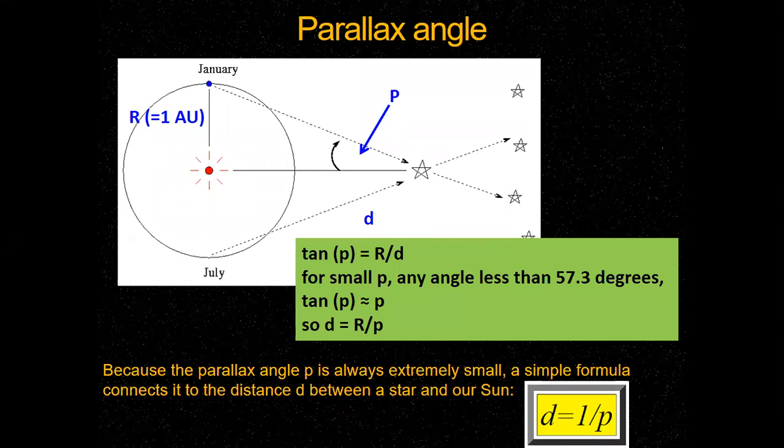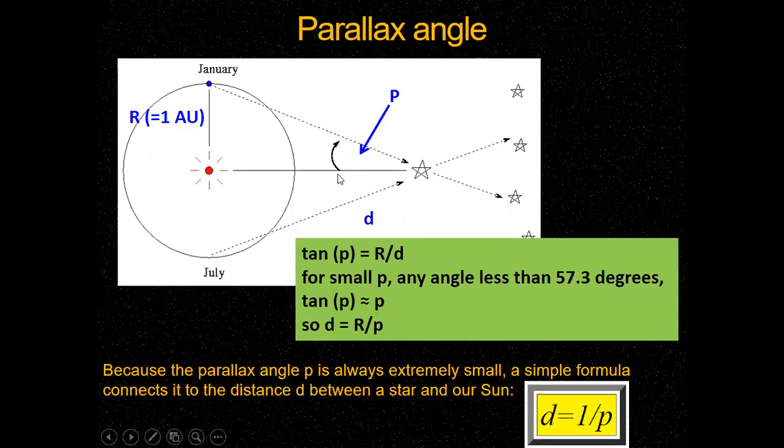Okay, now we need to calculate the parallax angle or the distance. You can simply do that using a simple equation like this one, D equals 1 over P. Let's understand what P and D are, so let's understand the picture here. That's the Earth in January, and that's the sun. You know the distance from the sun to the Earth is 1 astronomical unit. And this P represents the parallax angle. If you draw a line from the star to the sun, that's going to be the parallax angle.